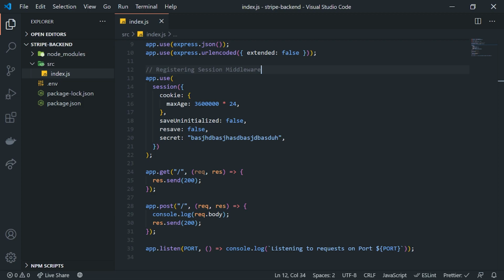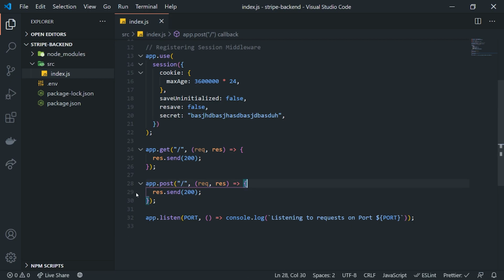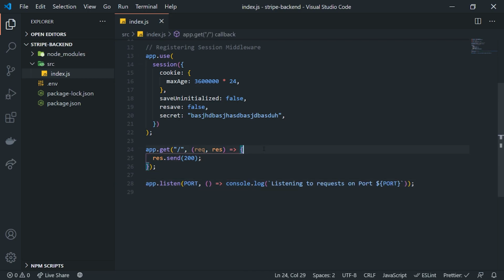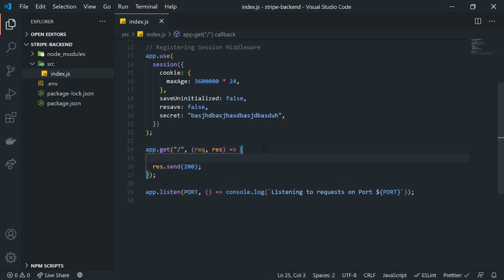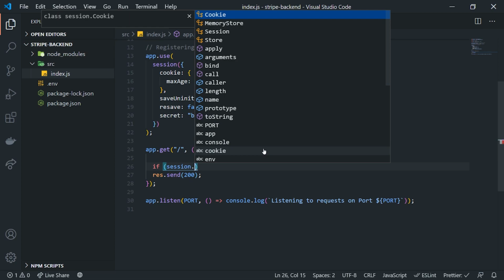Okay, now before we continue, I'm going to briefly show you guys how it works, so that way when we actually get to the authentication part, everything will really make sense. Okay, I really want you guys to understand all of this, so I'm taking the time to explain everything. Let's get rid of this post because we're not going to need it anymore. Let's go inside this get request, the handler, and let's go ahead and do if not session, if